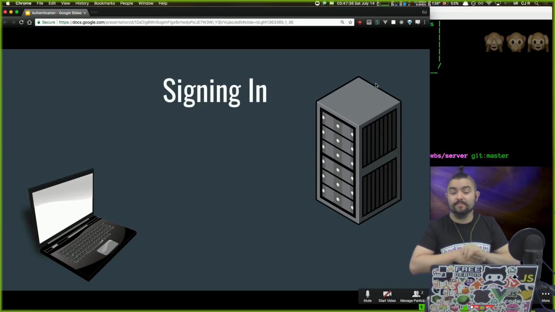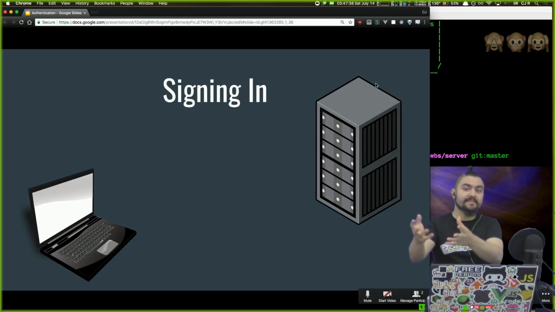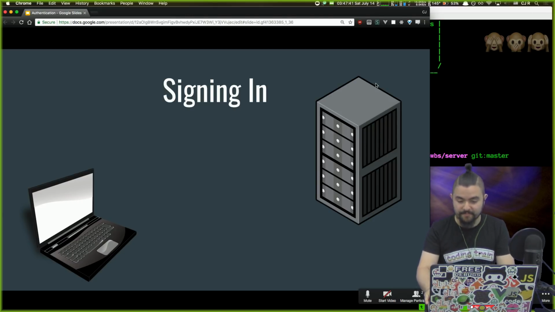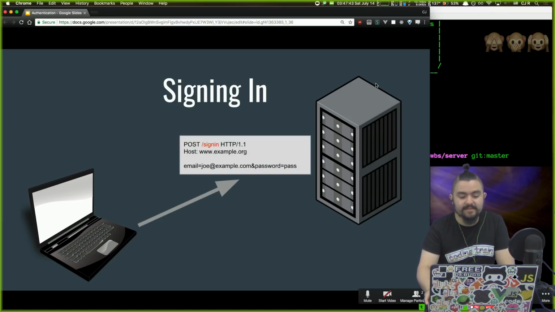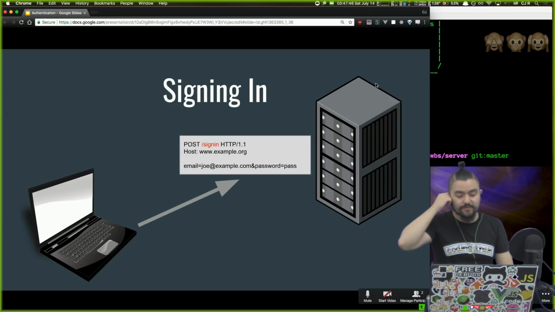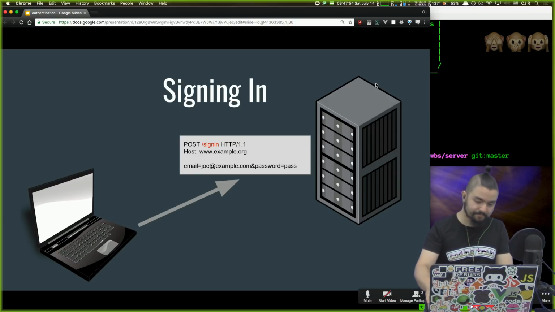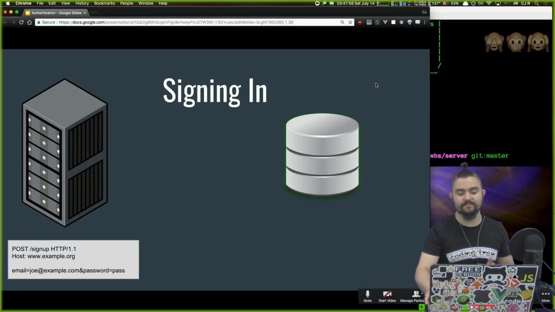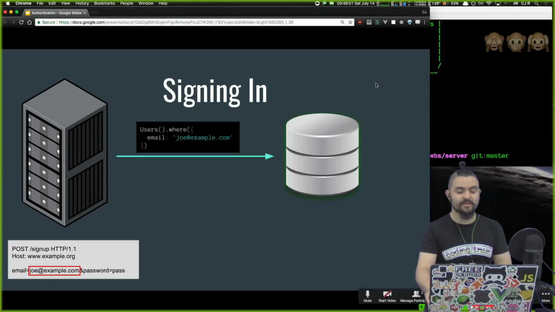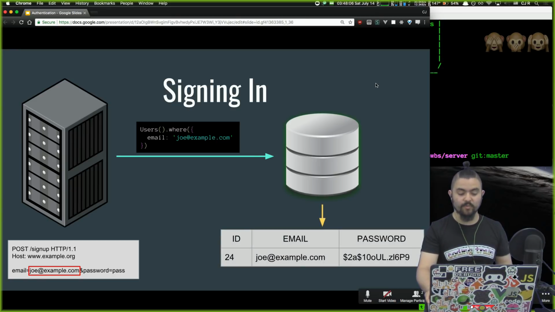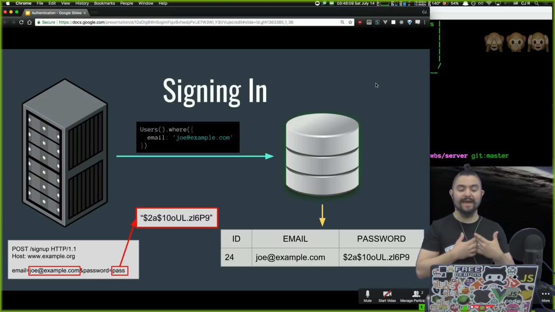The process, at least for sending the data to the server, is very similar to signing up. In the sign-in process, the client is going to make a post request to /signin with all of their information, in this case their email and their password. You could also be sending a username and a password. Once the server receives that information, it needs to check whether there is a user in the database with this email. If there is, we then need to compare the password they sent us with the hashed password